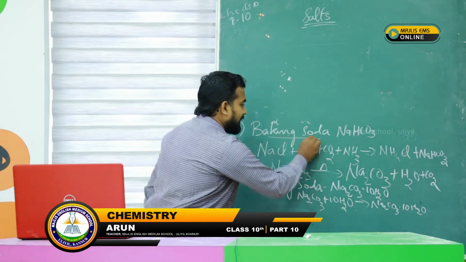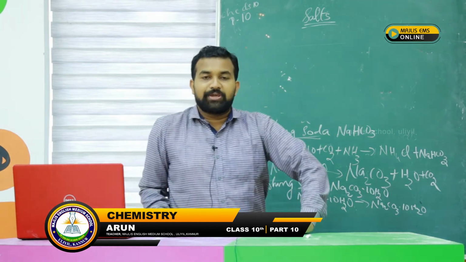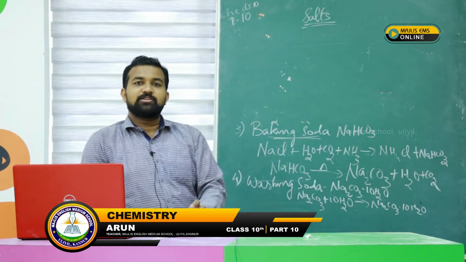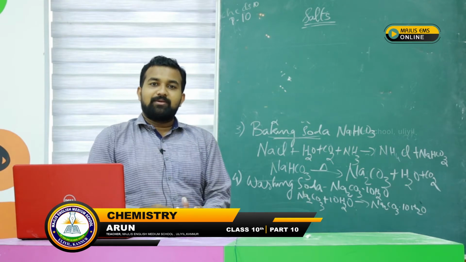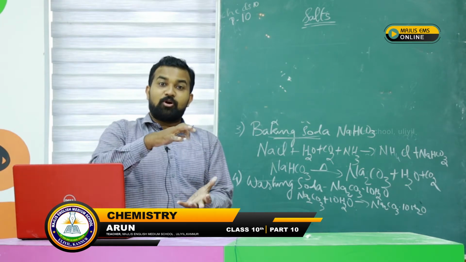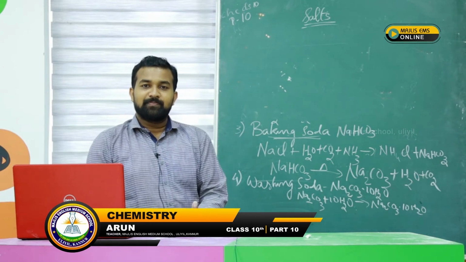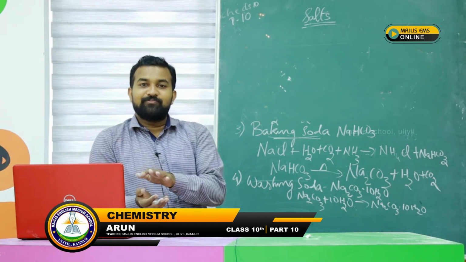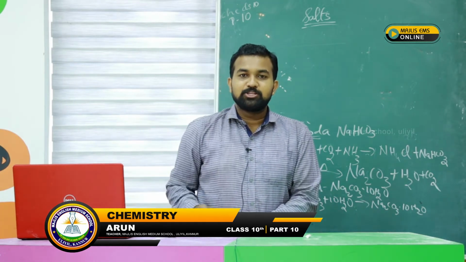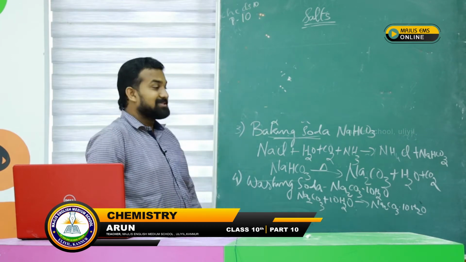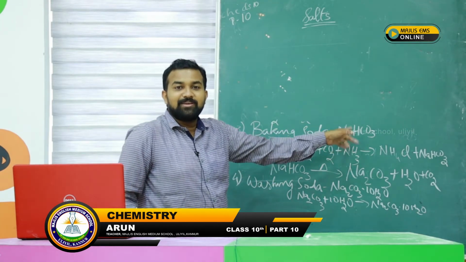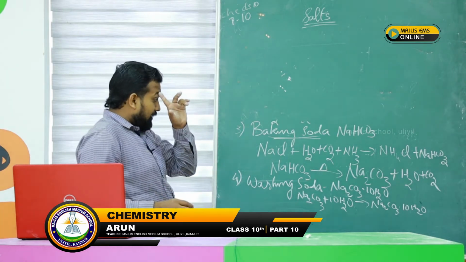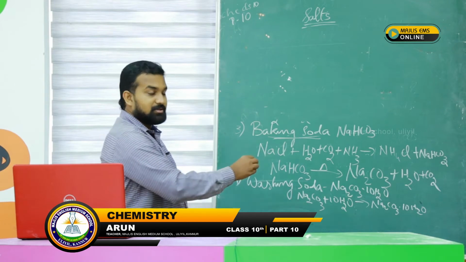The next one is baking soda, which we use for cooking. When we put baking soda into it, the cake will become plummy. The cake will rise, it will become soft, isn't it? The dosa, the idli, etc. The dough, when we are cooking it, will rise up and become spongy. Why, and how? That's the part played by baking soda, and how it plays it, we will discuss. So, before that, baking soda is prepared from sodium chloride.